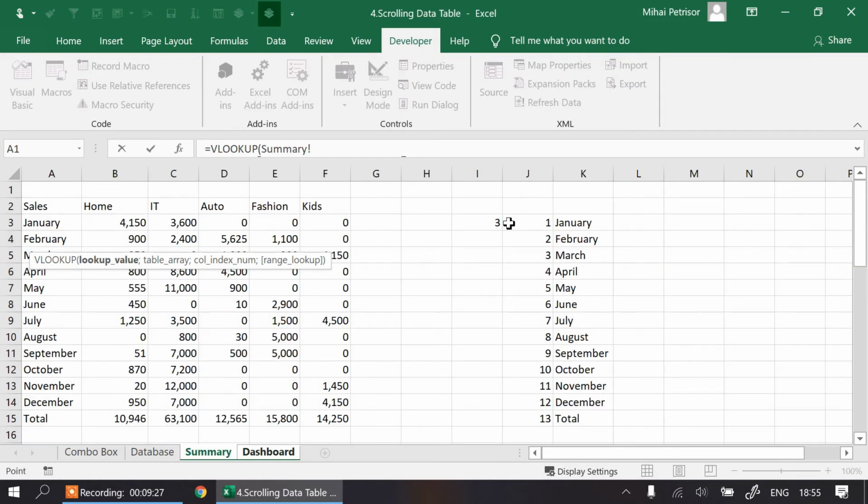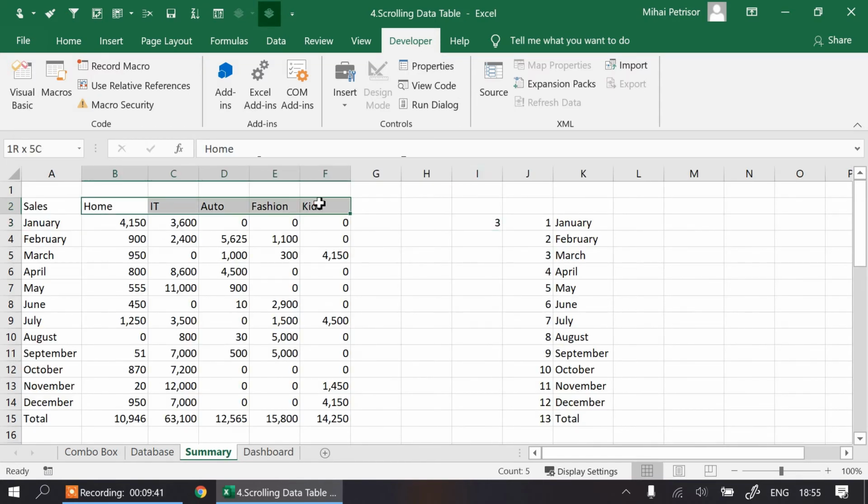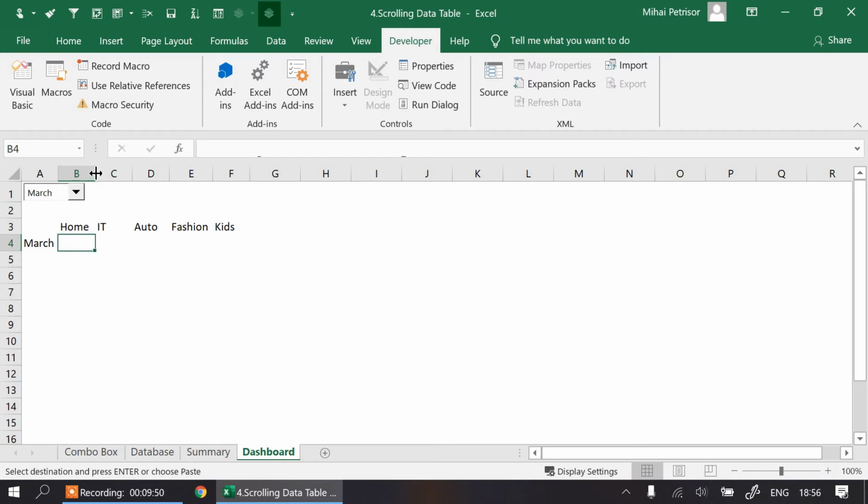with this value from our combo box link. Look here and bring me the month. Good. And here I'm gonna take these categories again and put them in the dashboard. And here I'm gonna use the index combined with match function, just to give the users the way to select and see the dashboard just like a simple menu without tables.